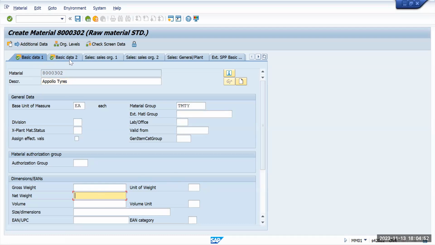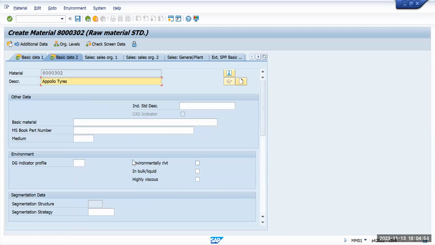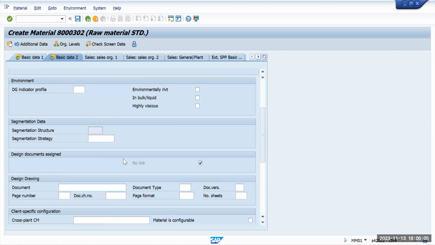This is not applicable. Go to basic data 2. Under basic data 2, make sure this no link checkbox is selected, and then straight away go to